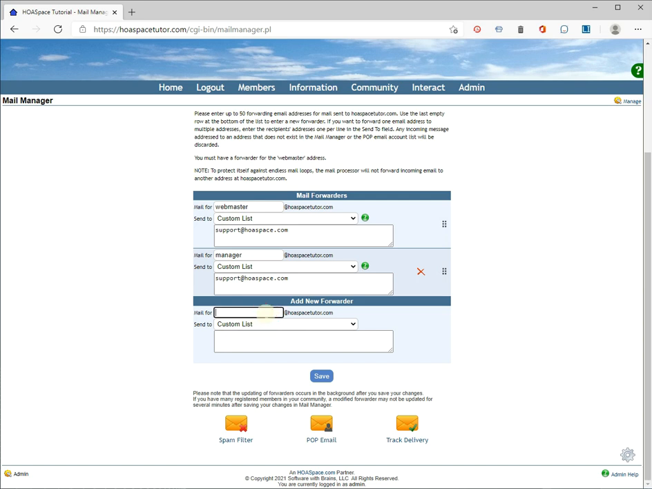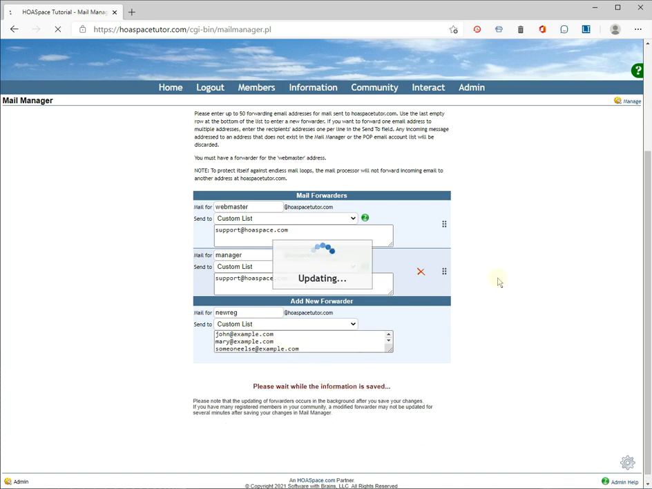So for example, we can set up one that's called newreg@hoaspacetutor.com, and we're going to leave this set to custom list. And here I'm going to type in a list of all the email addresses that I want to send this to. So I might have john@example.com and mary@example.com and someone else at example.com. And now when I save,